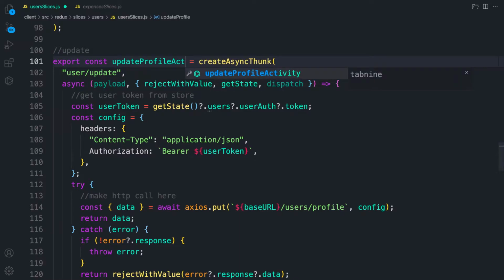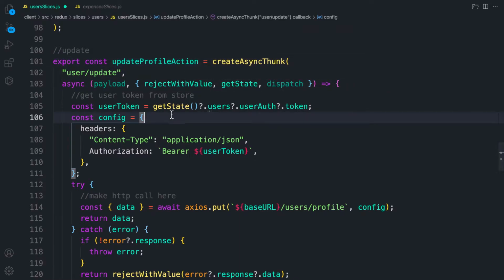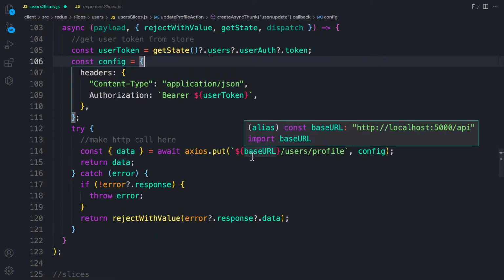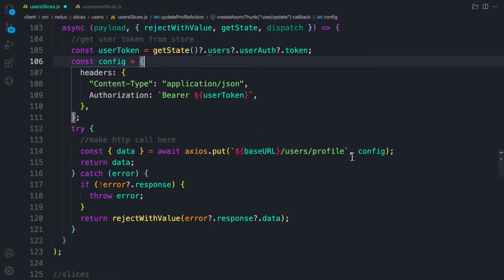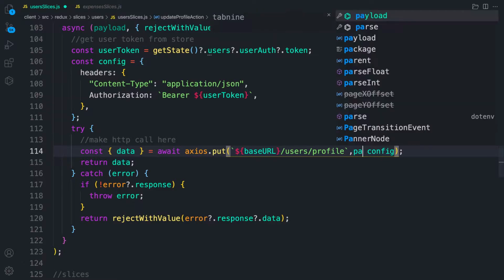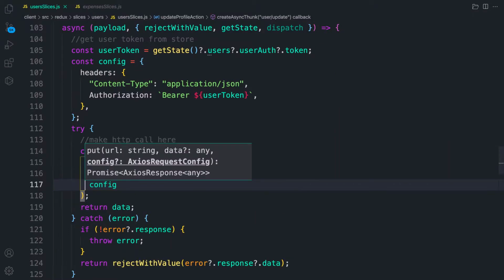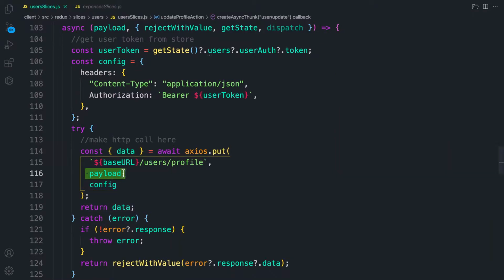Action. Sorry, I'm not feeling good. Okay, so we have the update profile and we have the URL. For this one, I'm going to send a payload, right? And a payload, you can receive it in so many ways. We can just put in payload here, and you're good to go. Or we can receive the payload as an object like this, and